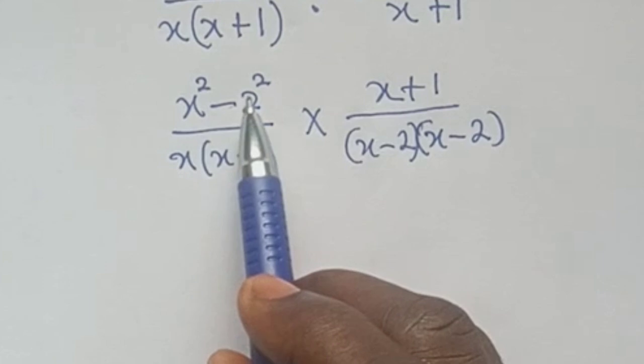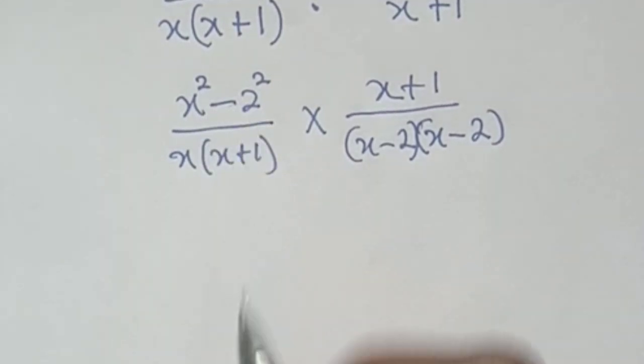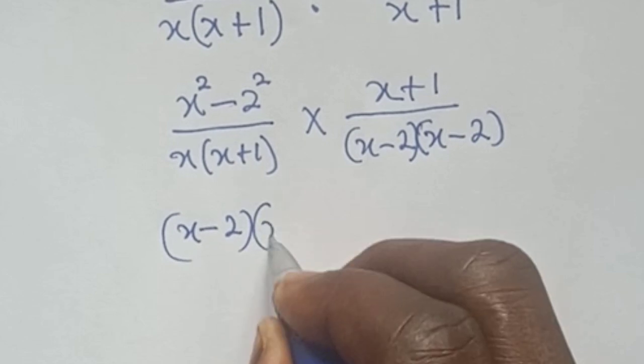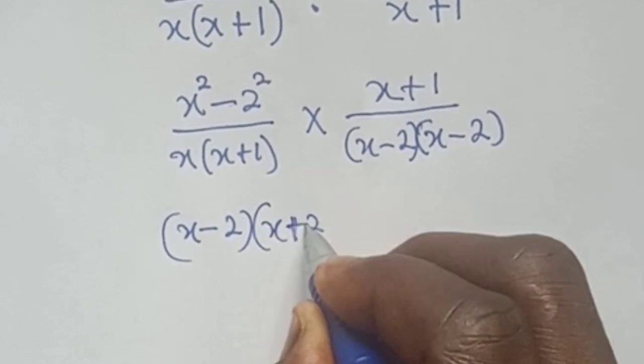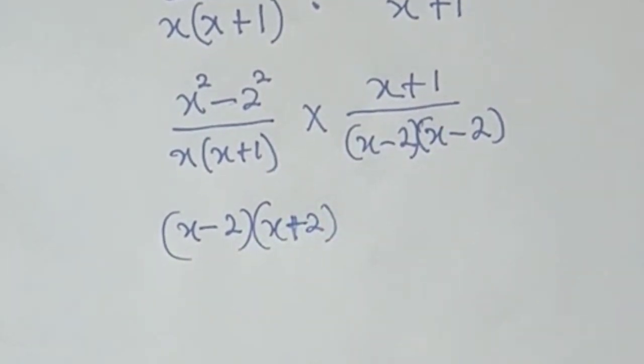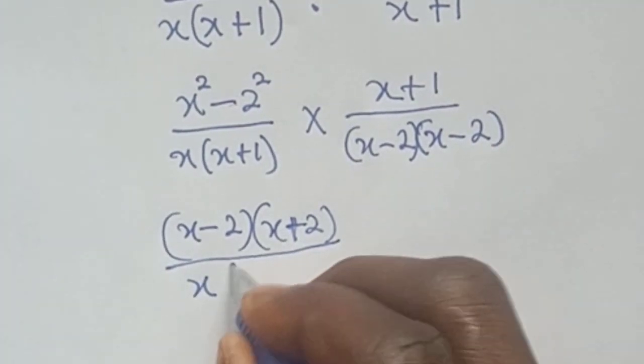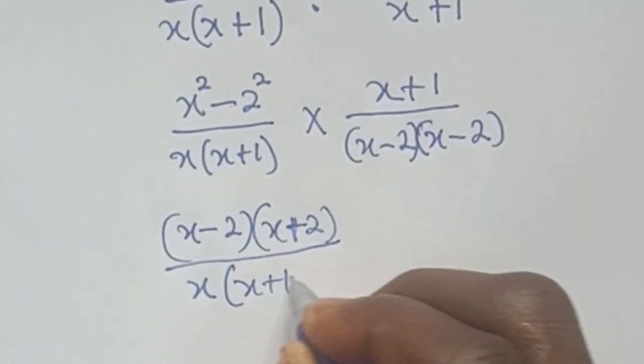And from algebra, this can also be represented as (x - 2)(x + 2) all over x(x + 1)